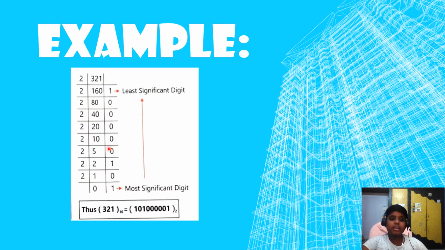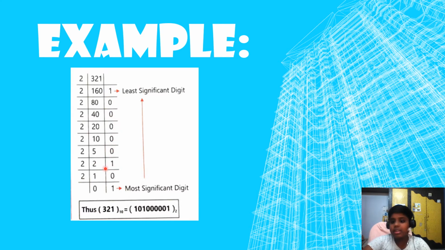Then you divide 40 by 2, which is 20, 0 remainder, again 20 by 2, which is 10, 0 remainder, then 10 by 2, which is 5, 0 remainder. Now you have to divide 5 by 2, which gives 2, and a remainder 1, right? And then you have 2 here, and you divide 2 by 2, which gives 1 and 0 remainder. And then 1 you can't divide by 2, so 2 zeros are 0, and you have the remainder 1. So now you have the quotient as 0, and if we take all the remainders on the right side together, you will get the binary equivalent. But here you should not just write 1 0 0 0 0 0 1 0 1.